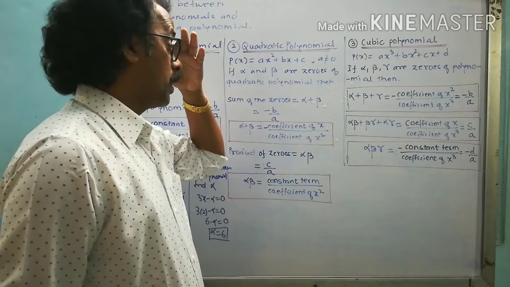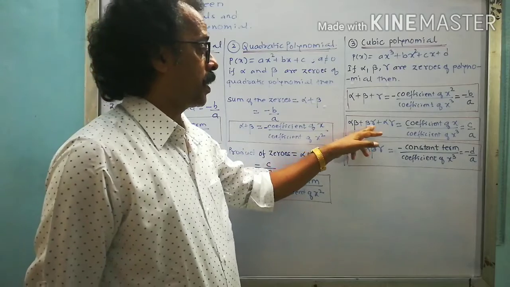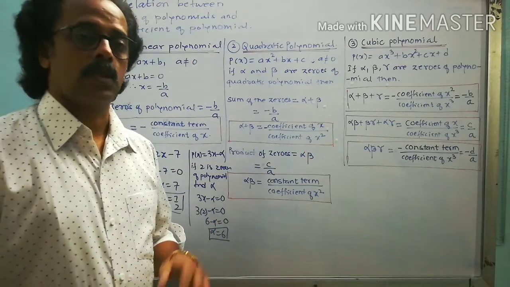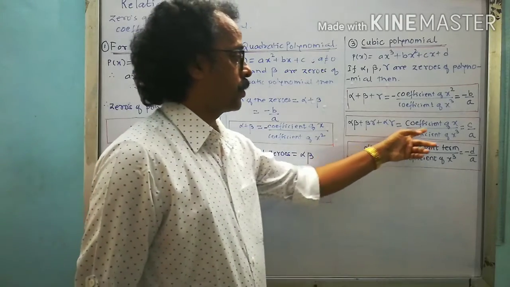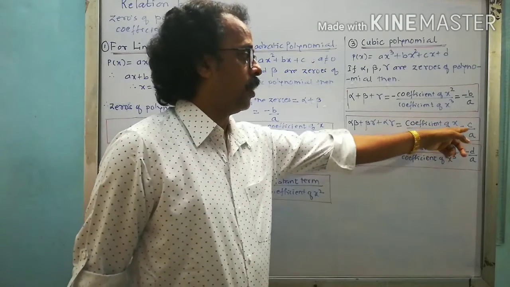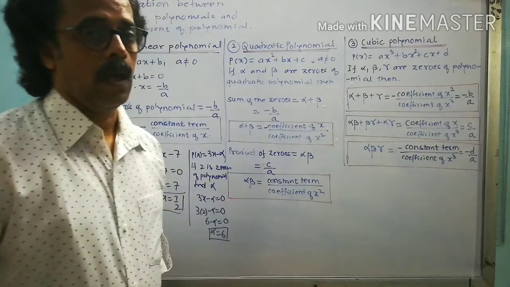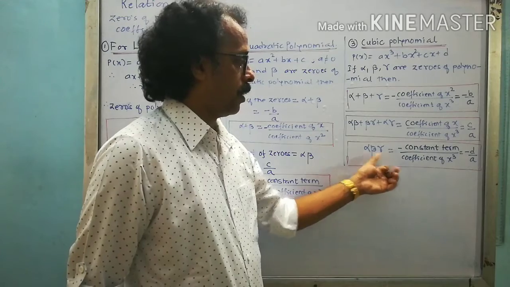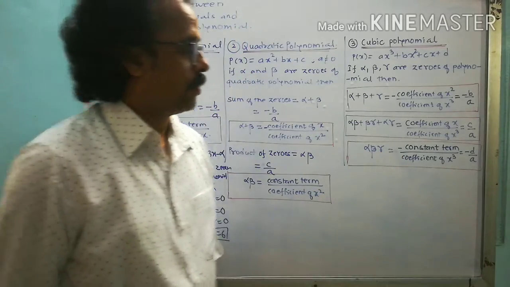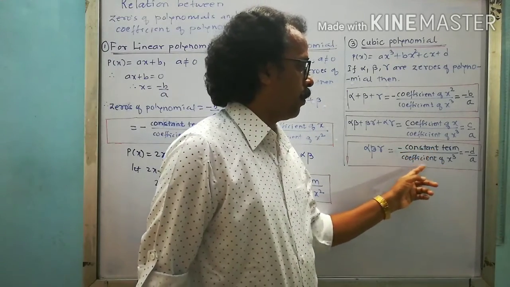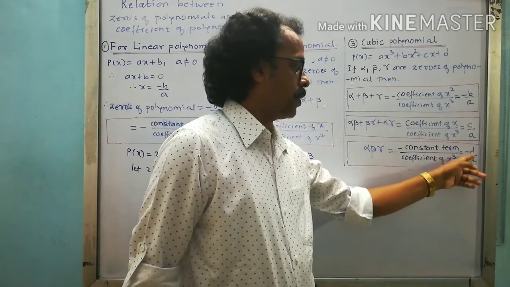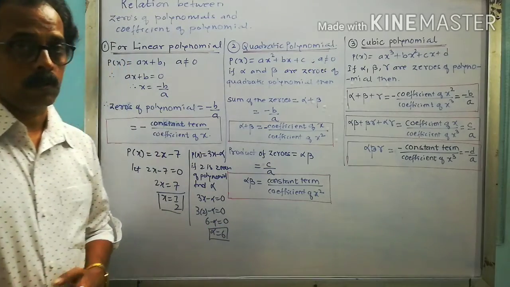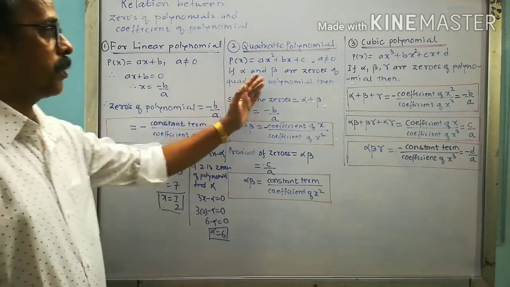Then alpha beta plus beta gamma plus alpha gamma, here we take two roots at a time and their sum of products, right? Which is equal to the coefficient of x upon the coefficient of x cube, which is nothing but c upon a. And the third case that we are going to write down here is alpha into beta into gamma, the product of these three roots, which is equal to minus the constant term upon the coefficient of x cube, that is minus d upon a. Now there are kinds of questions they are going to ask, word problems also, based on this, like mostly for this and this.